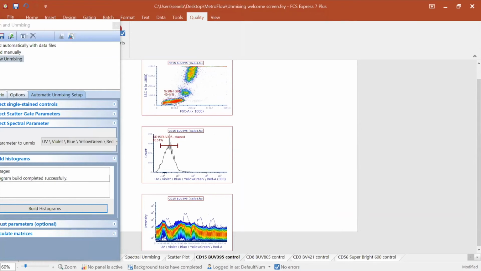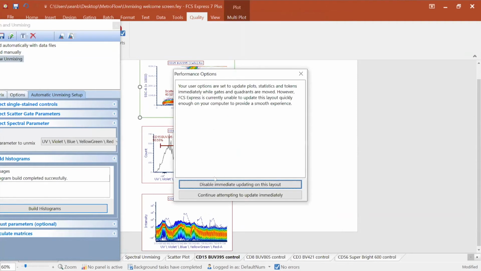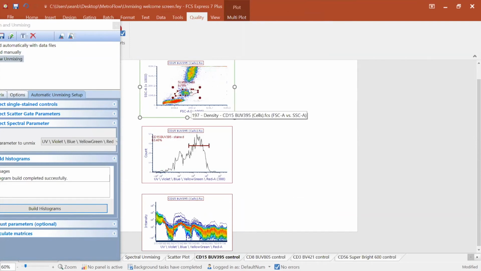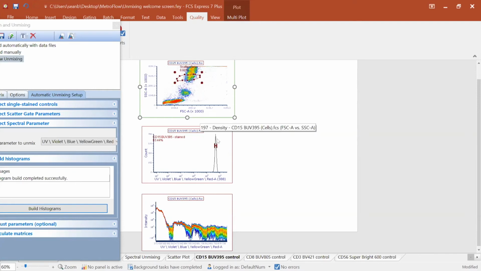In this case, where we started here is we have a scatter gate for the CD15 control, but I do need to change this gate because there actually isn't any CD15 positivity in that particular population. But you can see that as I change that gate around, when we identify the positive population, the histogram